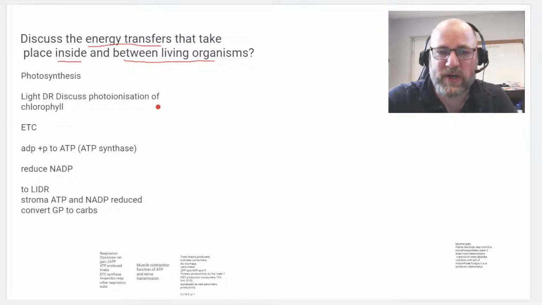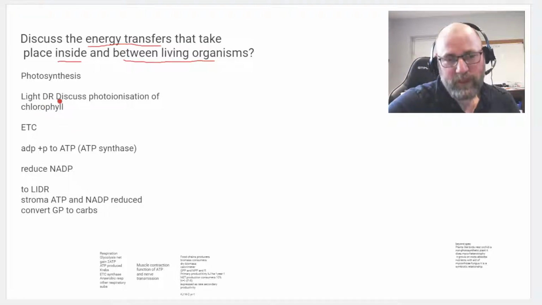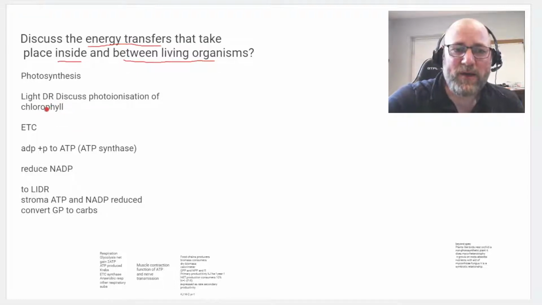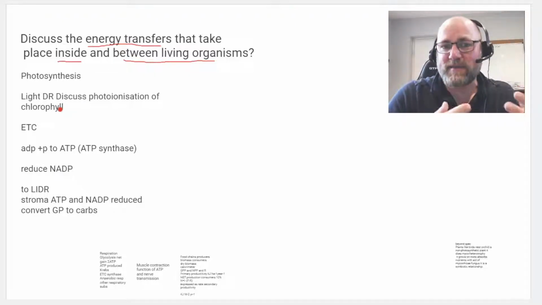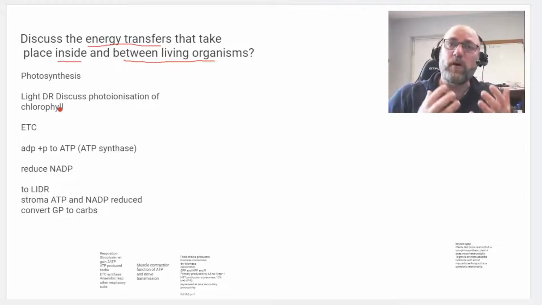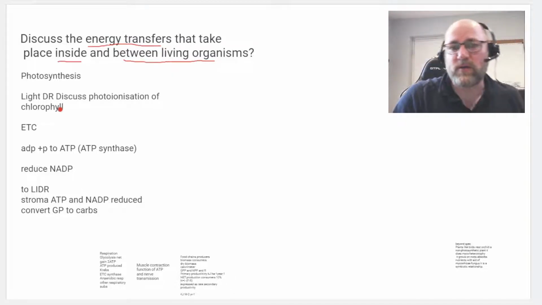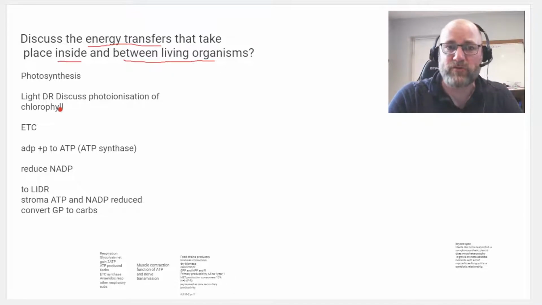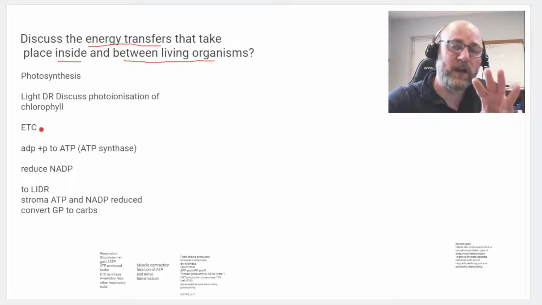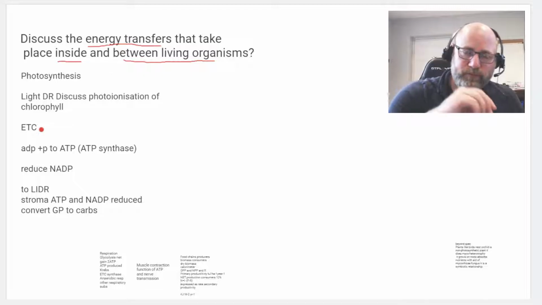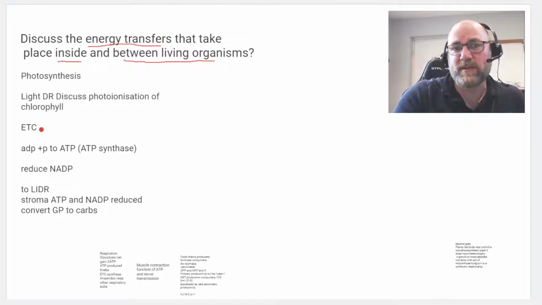Then, you might want to check that out. And then you also might want to discuss how the chloroplast's structure is adapted for the job of absorbing sunlight. So you can talk about the membrane, the stroma. Then you want to mainly focus on the light dependent reaction, because what's happening in photosynthesis in terms